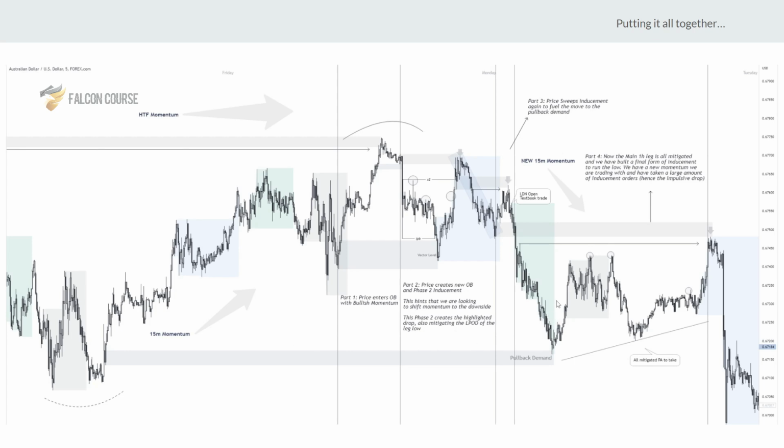Now if we break that, it means we're just going to run to our next supply. So we can use our multi-time frame analysis to recognize that we have a 15-minute vector level, which we're going to sweep inducement for and break, because we can treat this as inducement pullback. This is a vector level, and we're inducing that vector level, so it's a sell continuation. But on the 1 minute, if we break that, that means we can trade to that next point of active supply up here. So that gives credit to buying at this point as well.